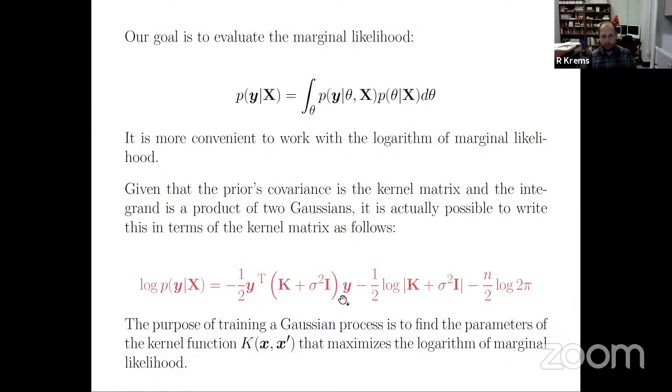This inversion of the kernel matrix is actually what makes training Gaussian processes difficult when the number of training points is very large. If you want to apply Gaussian processes to very high dimensional problems, you need to train those processes with a large number of training points. And of course, we know that numerically inverting a matrix scales as the third power of the dimension of the matrix. So this is what's going to limit the application of Gaussian processes to big data problems.